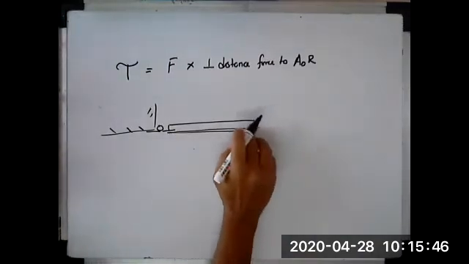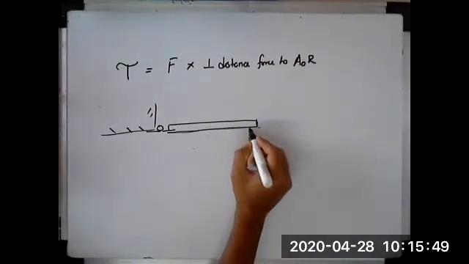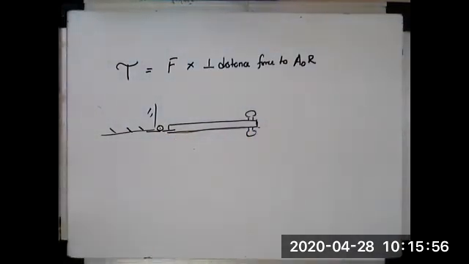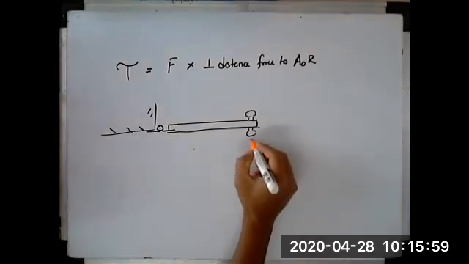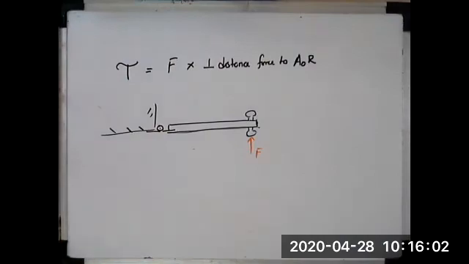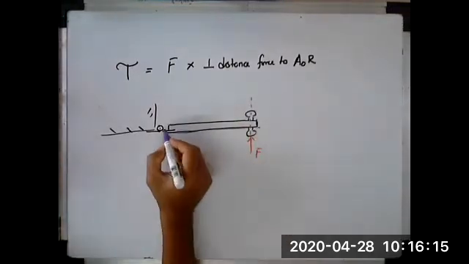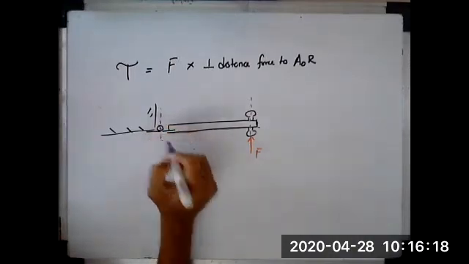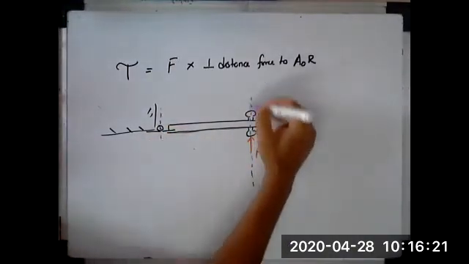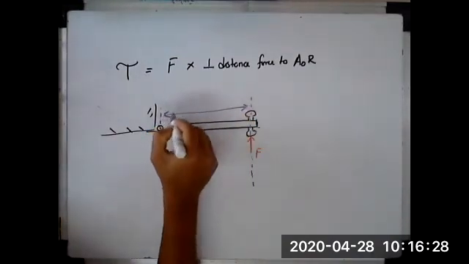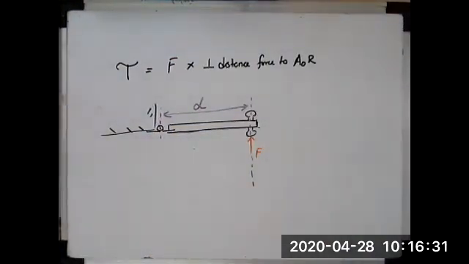Okay, and we argued that when a force is applied to, say, open or close the door, then the torque that is applied as a result of this force is the perpendicular distance, the shortest distance, therefore, between the line of application of the force, which is in this manner, times the distance. Okay, so this distance is the perpendicular distance.